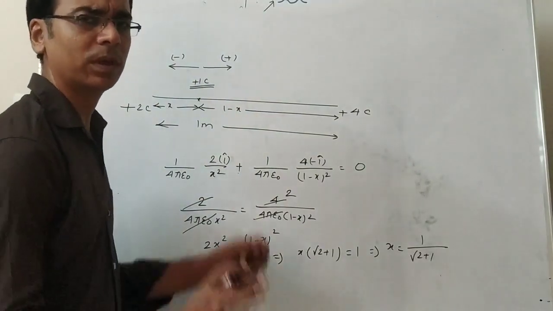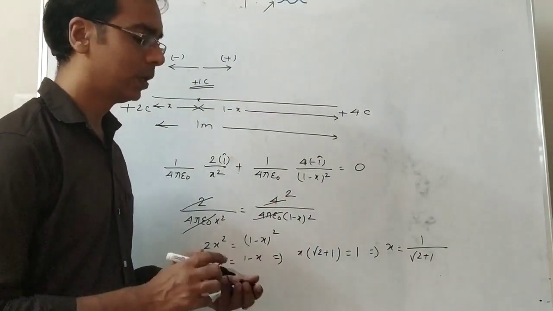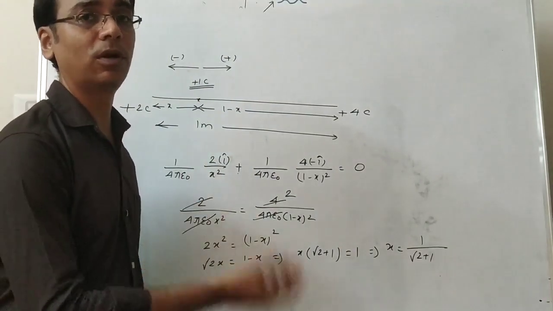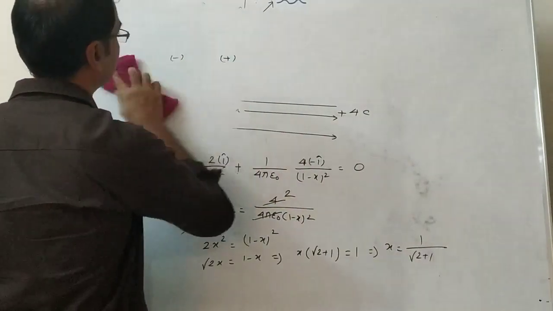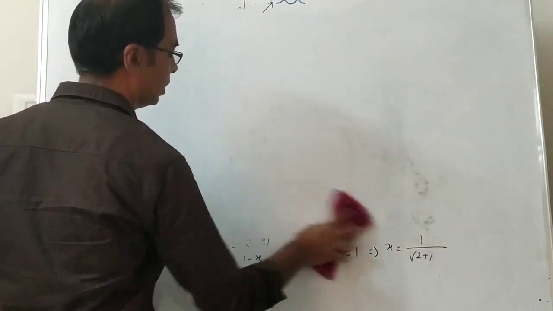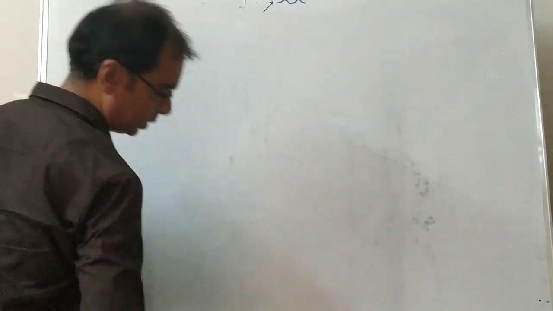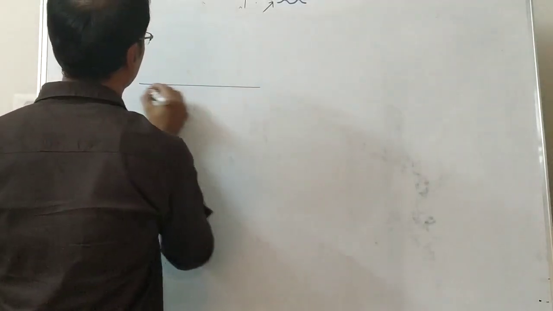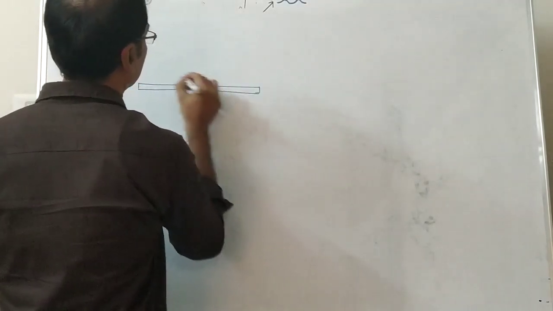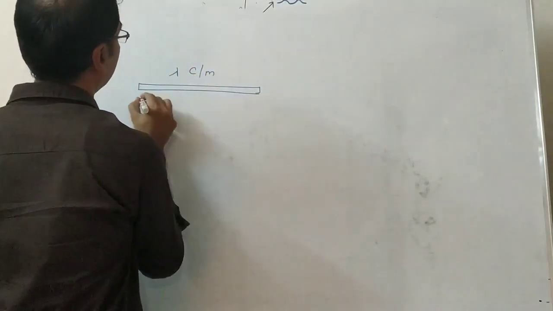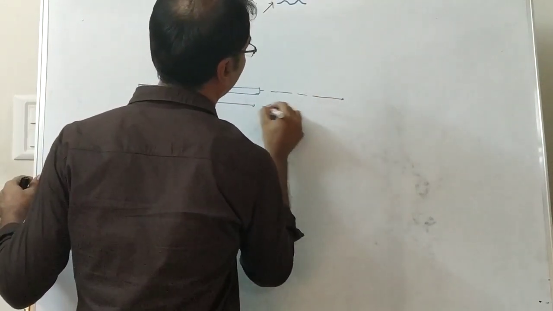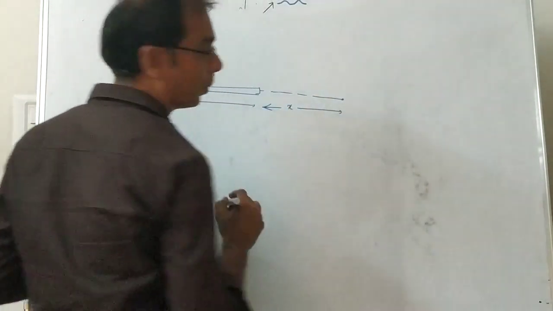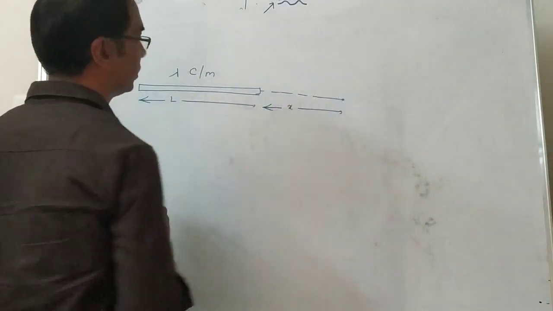Same way, whatever questions we have done for force, in the same way you can do the questions for electric field. Okay, in the last class also we did one question. I'll show you that question. Which question? Because of uniform charge. This question we did. There is a rod which is having charge lambda coulomb per meter, its length is L, and at some point here we found the force. Yes or no? We kept here Q charge.